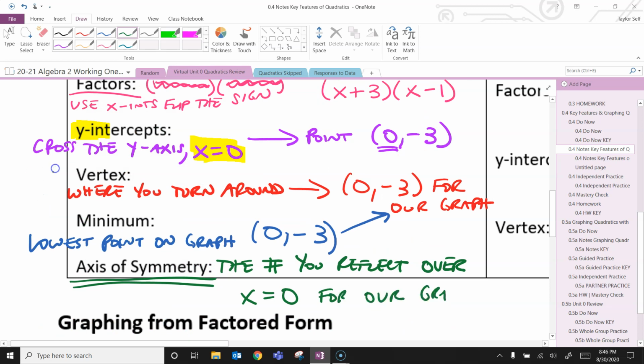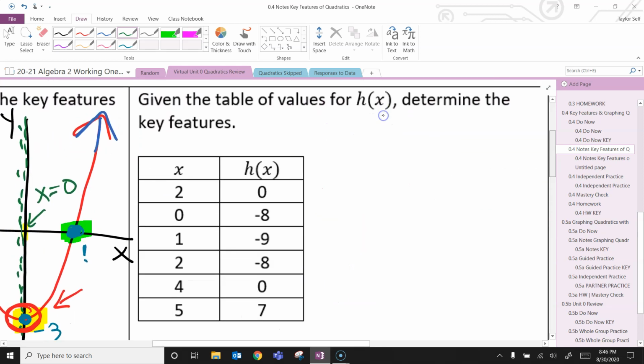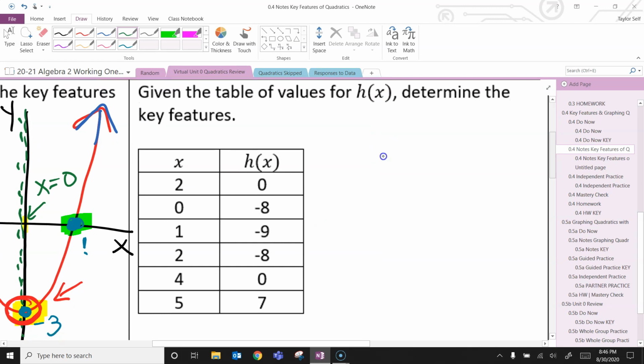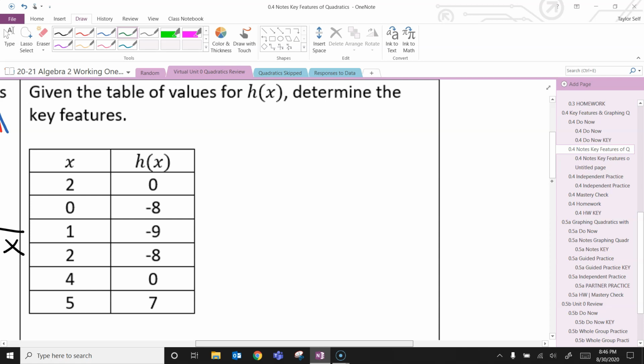Okay, let's look at quadratics from a table. So this one might be a little bit harder. If I were you, I would get this table in your notes as quickly as you possibly can. So really quick, draw the table. Given table of values for h of x, determine the key features. Okay, so we're going to go through, in the same way we looked at the graph, we're going to look at a completely different thing, a table. So